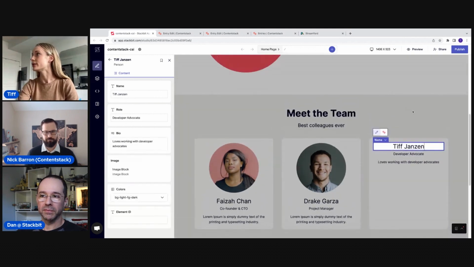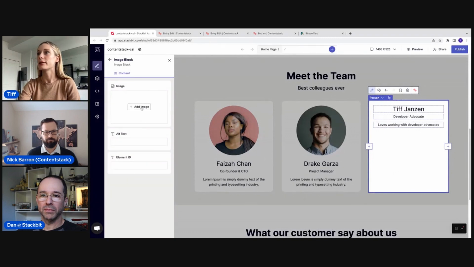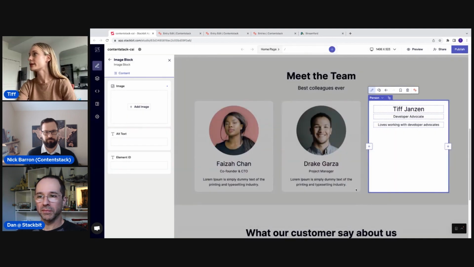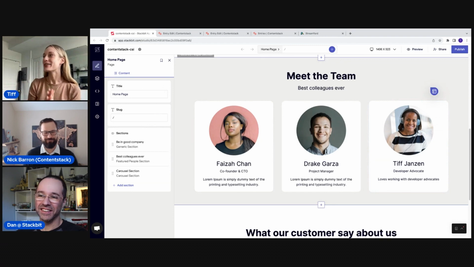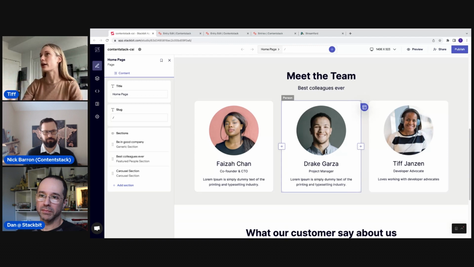Now let's go into adding an image here. Image block, add image. And let's add in this person here. Should have added a picture of myself if I'm using my name, but that's okay. You can see though, the styling is already reflected the same as the other cards. Now this can be updated to look different individually, but because I was using this template for the other people, I was able to very quickly and seamlessly create a new update right on the glass, create this new card, and then see my content as well back in Contentstack.